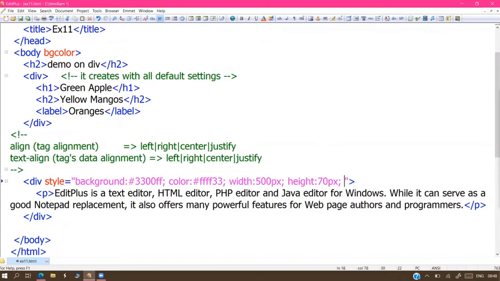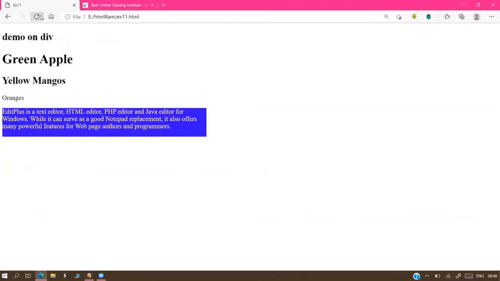So we can come here. I'm applying the align colon, and you can take center. Align equals to center. Now check it. V align means vertical align, sir. That is different.